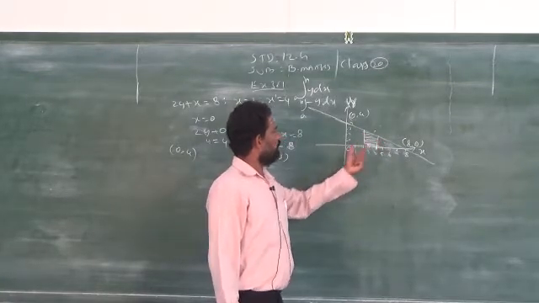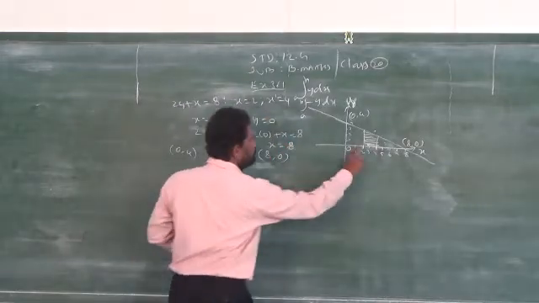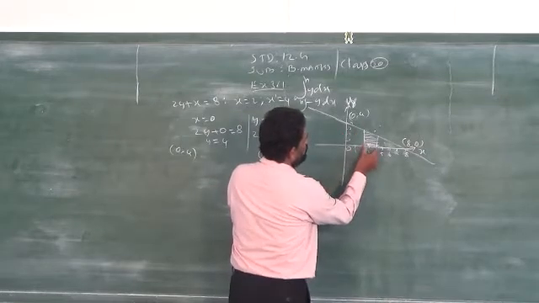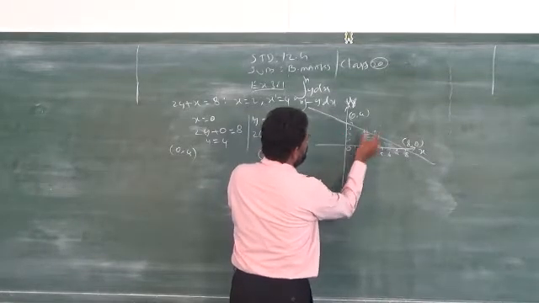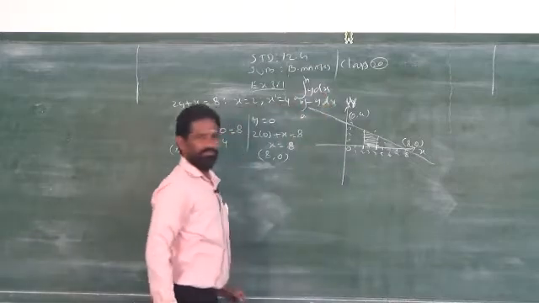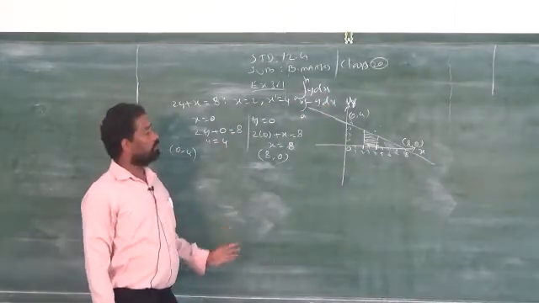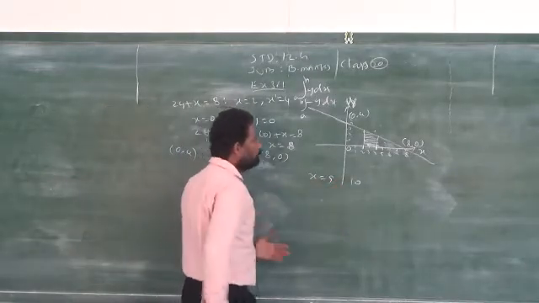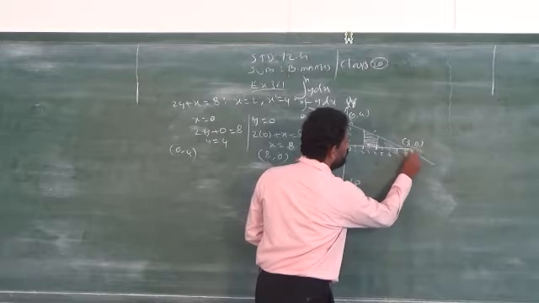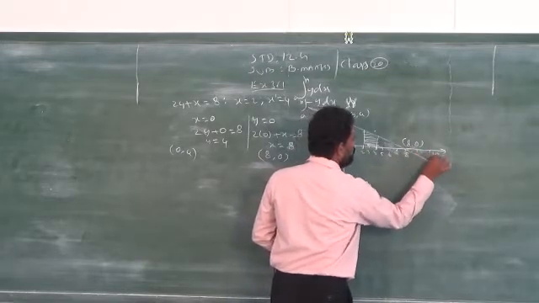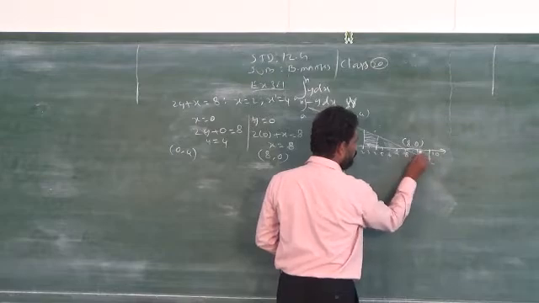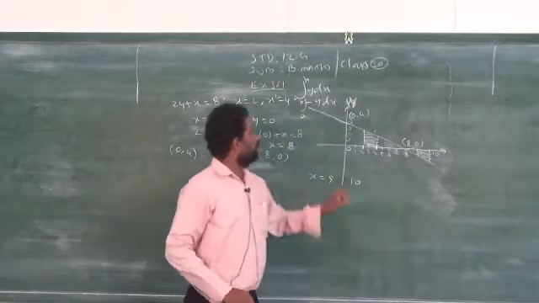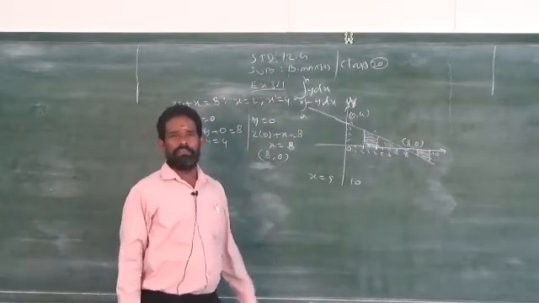Here the particular limit is given, 2 to 4. So I would like to find the area between the limits 2 and 4, which comes where? Above the x axis. Therefore I have to take the first formula. Clear. Suppose in the same question the limits are given as x equal to 9 and 10. It will come between 9 and 10. Where will it come? Here. This is below the x axis. In this case, which formula do you have to take? Second formula. Are you clear?